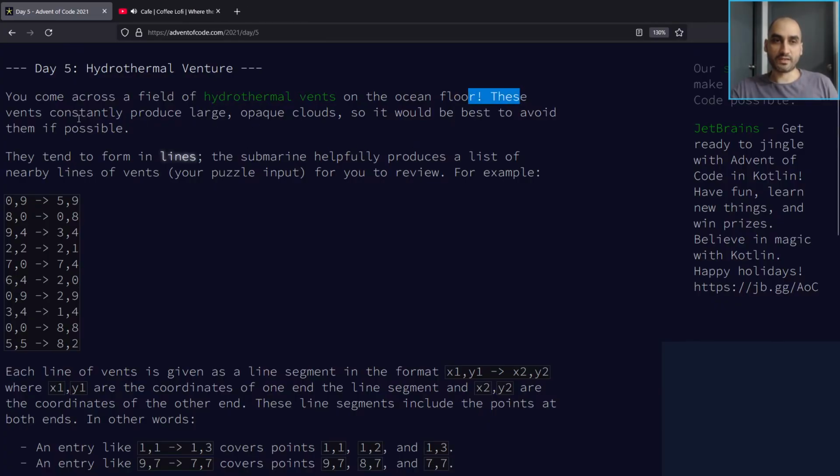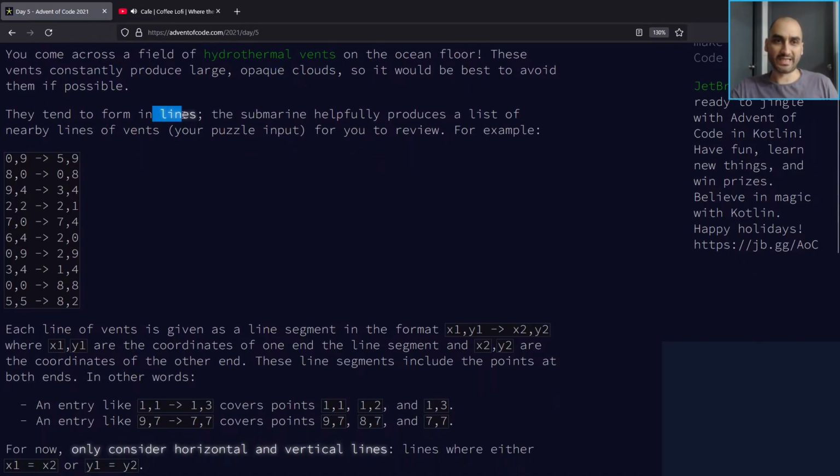These vents constantly produce large, opaque clouds, so it would be best to avoid them if possible. They tend to form in lines. The submarine helpfully produces a list of nearby lines of vents for you to review. For example,